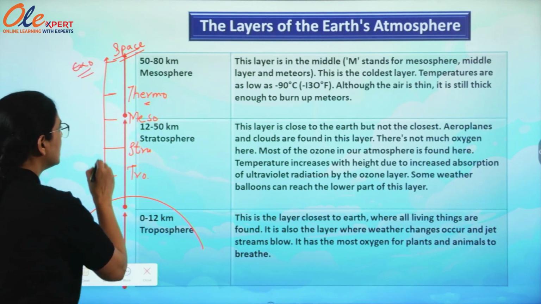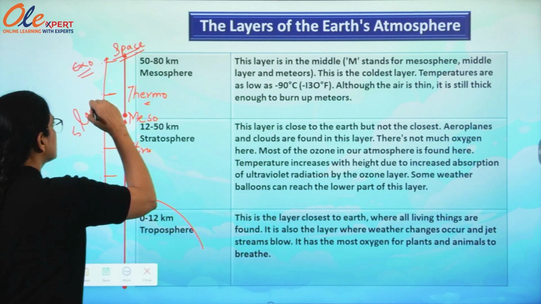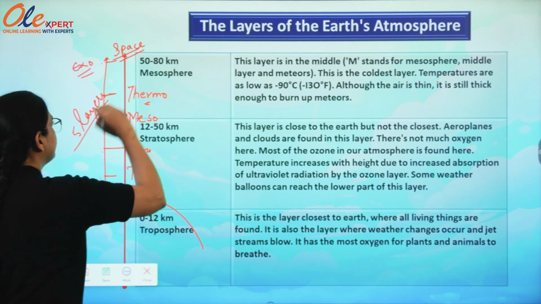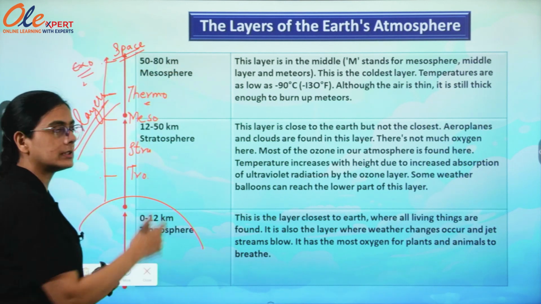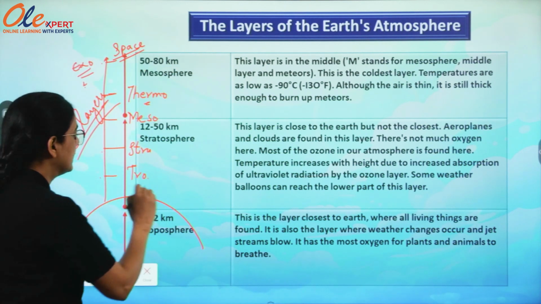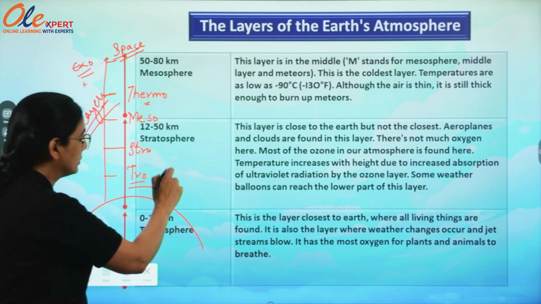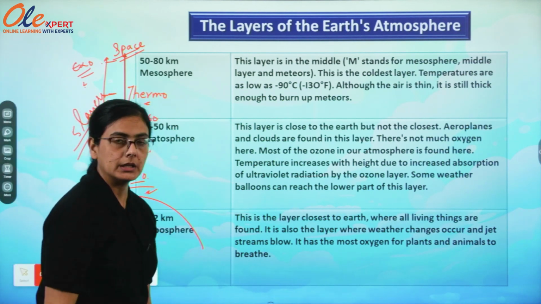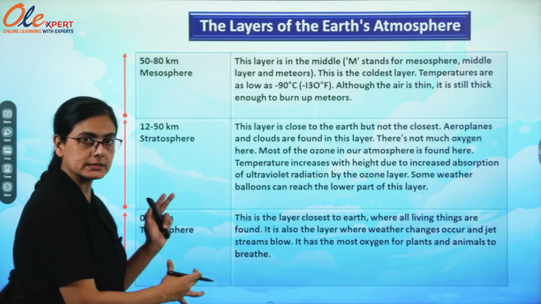So 1, 2, 3, 4, 5. We can divide the layers of the atmosphere into 5 parts. If we are talking from the space to the Earth, then it will be the first. Otherwise, this is the first layer from the Earth. So I think it is quite clear to you what the functions of these layers are,